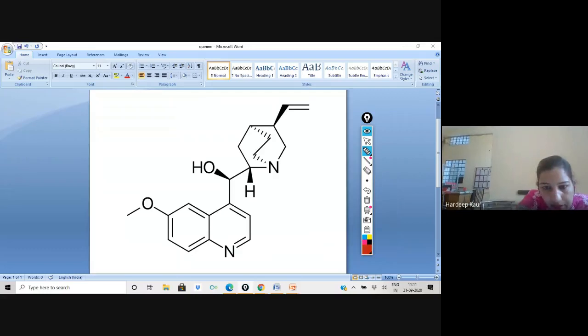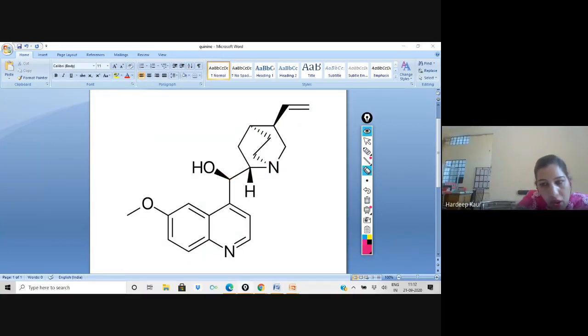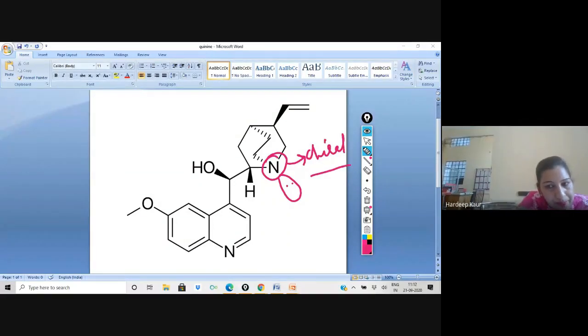So ultimately the chiral centers, I will highlight them: this is 1, this is 2, 3, 4, and these four are on carbons, and the fifth one is on nitrogen, so we can mark it like this. Now you say that because of the lone pair we say inversion of configuration happens, but in this case inversion is not possible because steric hindrance is very high. Due to the steric hindrance, this nitrogen will not invert its configuration; heavy groups are attached, so it can remain in one configuration. So this is also chiral. Okay, did you understand how many chiral centers there are and why?